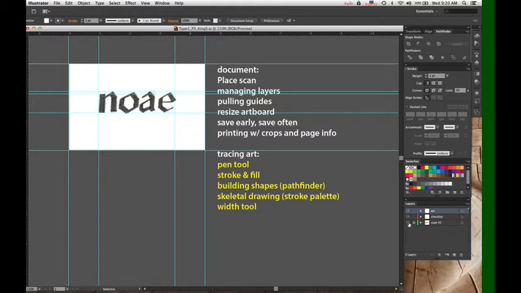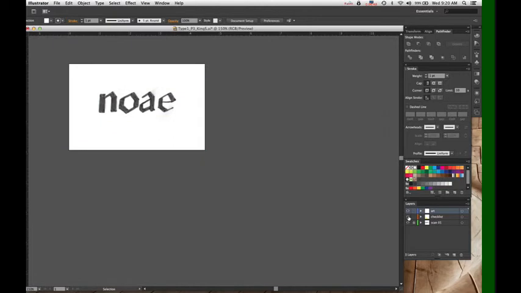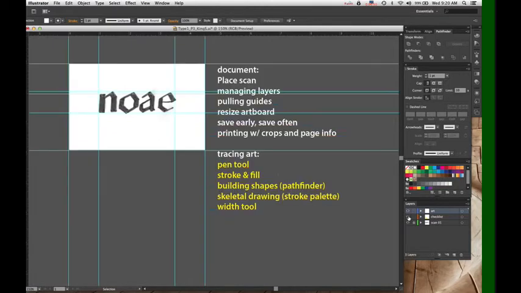So just a quick review. We have placed art of our first scan. This is on a layer. That layer is locked. I can toggle that invisibility. I have a checklist layer here, which of course you won't need to have, but this is just my checklist of what I'm going to show you guys. And then I have an art layer, and this is where we're going to actually draw the art. So let's just go right through our list.